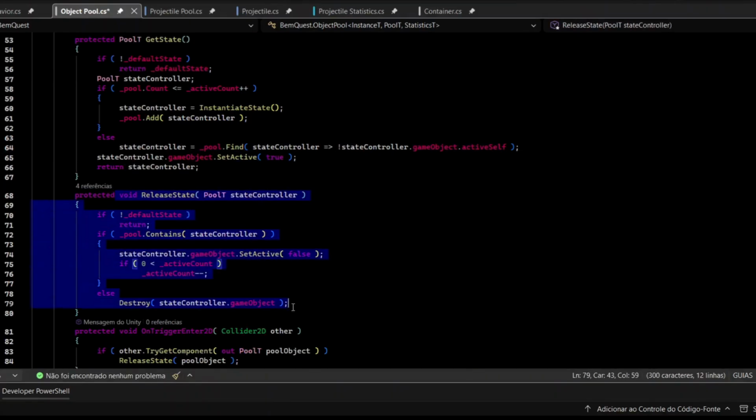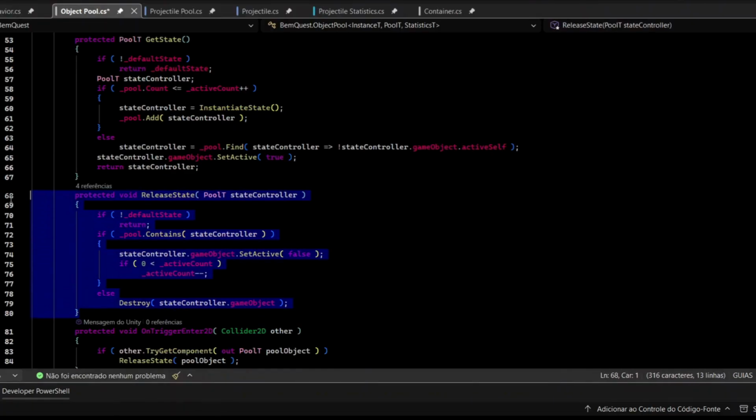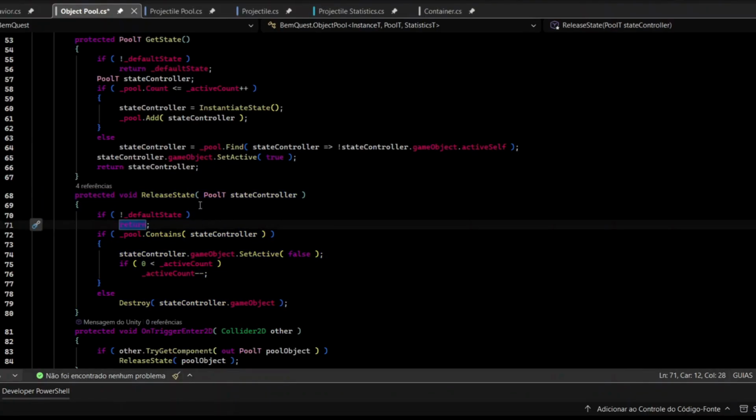And the release method. This method works when we want an object that is outside the pool to get into the pool. So we are releasing this object back to the pool. The first thing we're gonna do